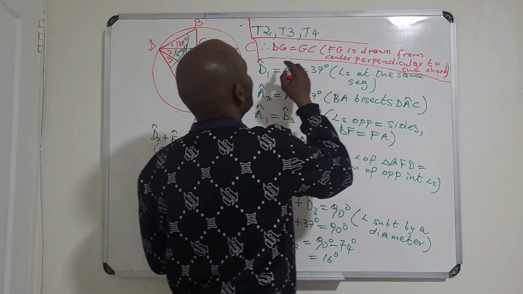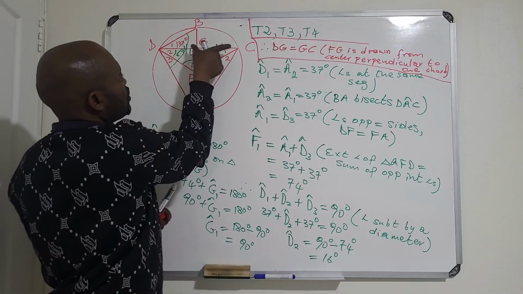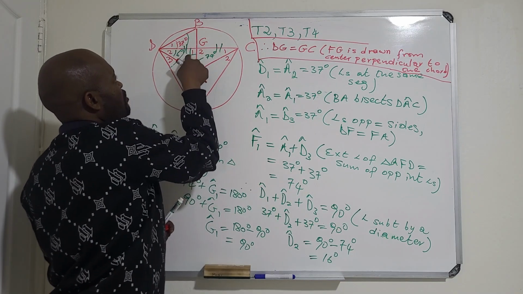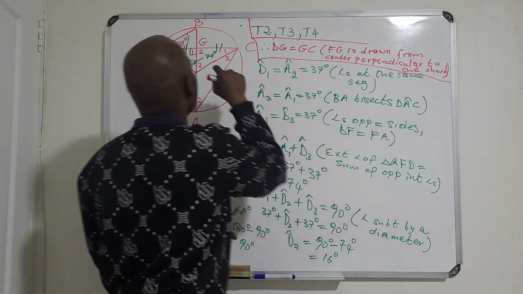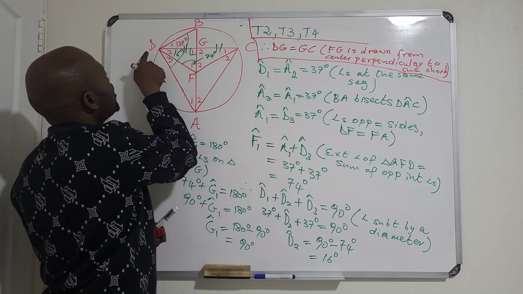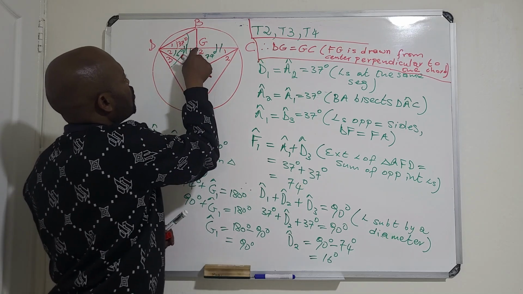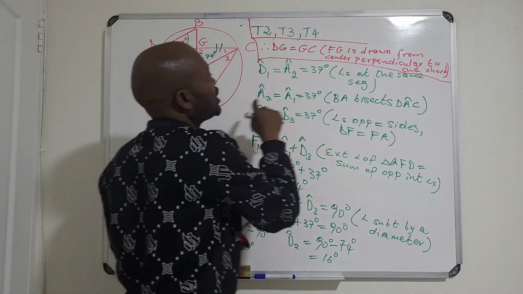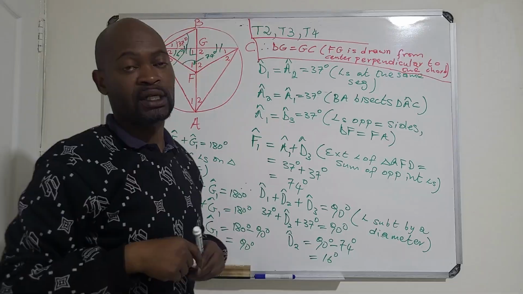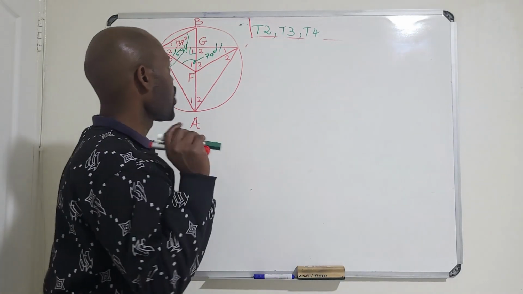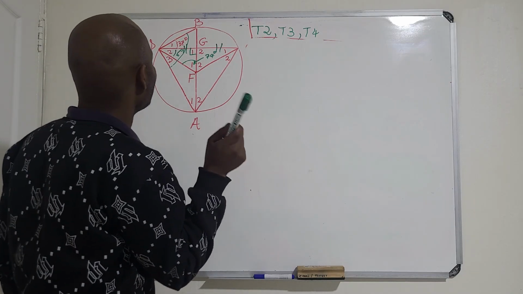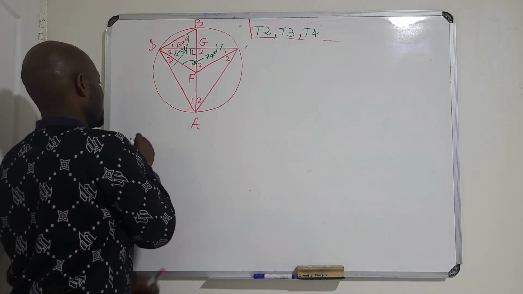That's the reason why we're saying this is equal to that. Since a line is drawn from the center perpendicular to the chord, then we know that it bisects the chord. Then we know that DG is equal to GC. Now, the next question is saying that if it is further given that the radius is